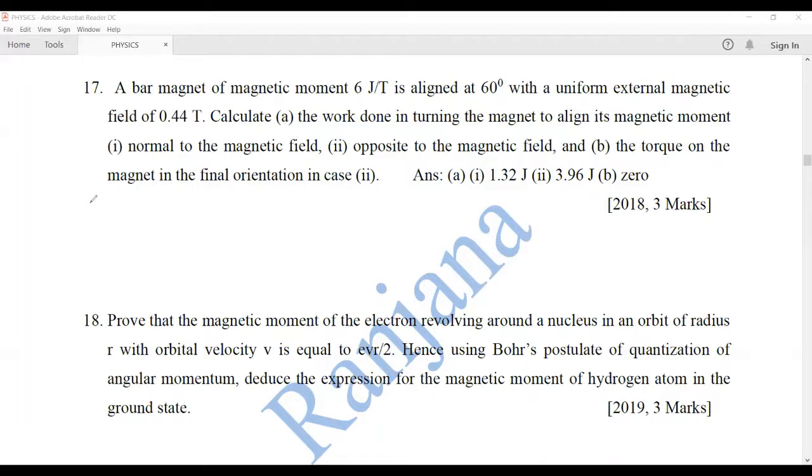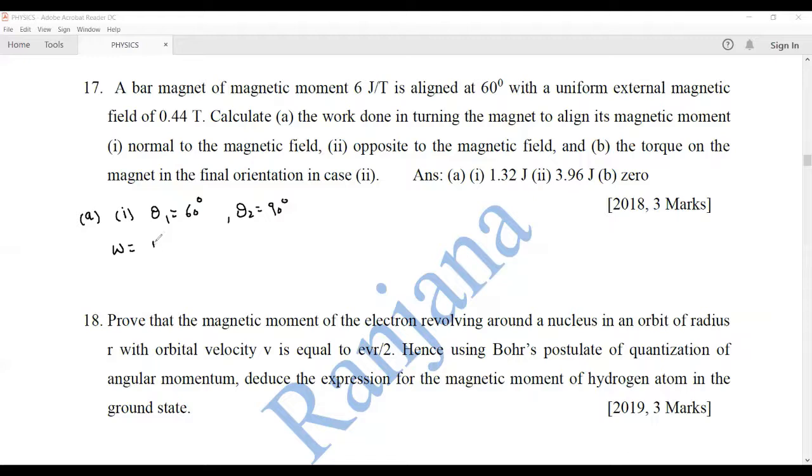Question number 17. A bar magnet of magnetic moment 6 joule per Tesla is aligned at 60 degree with an external magnetic field of 0.44 Tesla. Calculate the work done in turning the magnet to align its magnetic moment normal to the magnetic field. So initially it is placed such that the magnetic dipole moment is making an angle 60 degree with the magnetic field. Okay, now the work done in rotating through 90 degree, that is theta 2 here is equal to 90 degree,